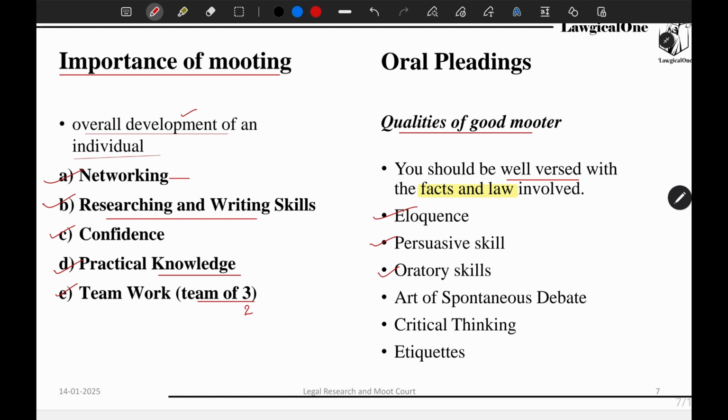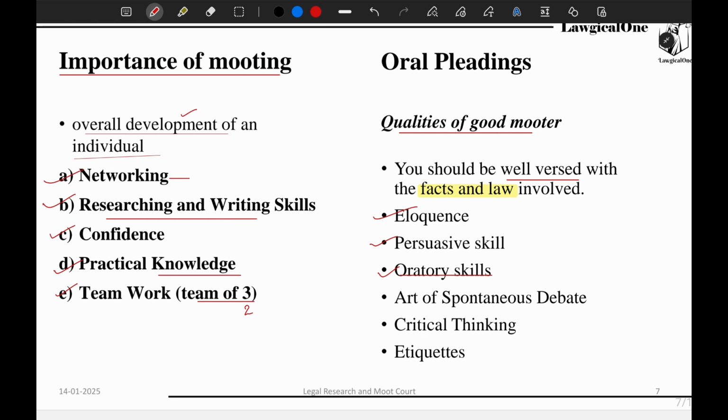कैसे आप बोलते हैं, कैसे आप कन्विंस कर सकते हैं जज को, आप कितने कॉन्फिडेंस से बोल रहे हैं, ये सब बहुत मैटर करता है, और आपको एक गुड मूटर बनाता है। अब मान लेते हैं आपकी ओरेटरी स्किल्स इतनी अच्छी नहीं है, बट आपने मूट कोर्ट में पार्टिसिपेट करा है। हाउ विल यू डेवलप इट? फर्स्ट ऑफ ऑल, यू विल डेवलप इट द मोर यू स्पीक इन फ्रंट ऑफ अ जज।